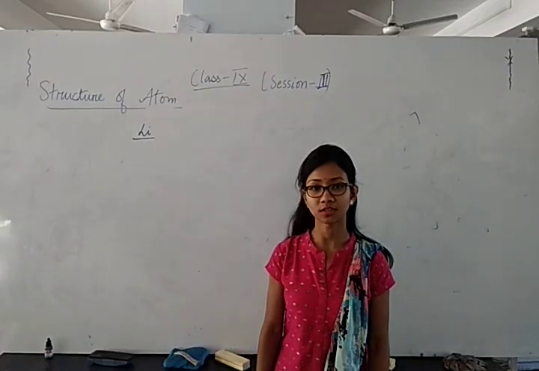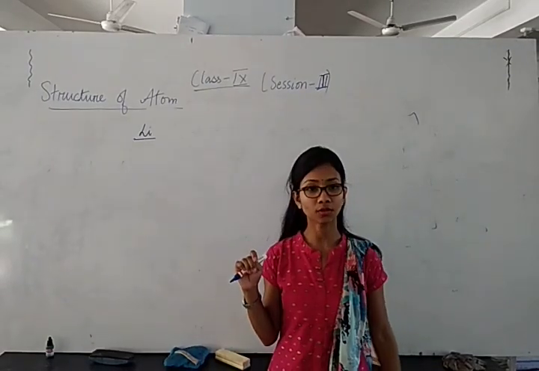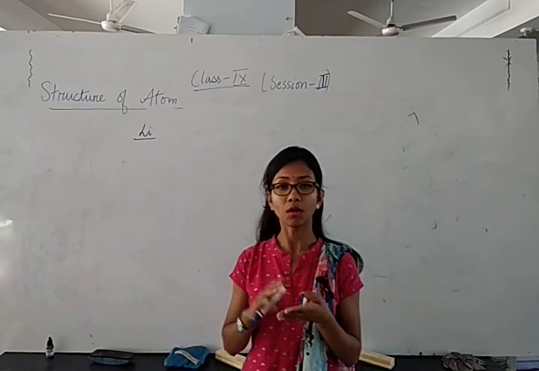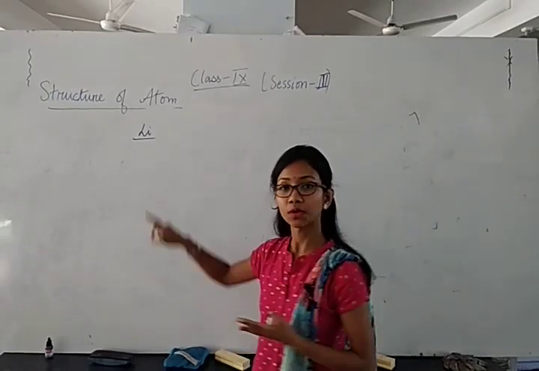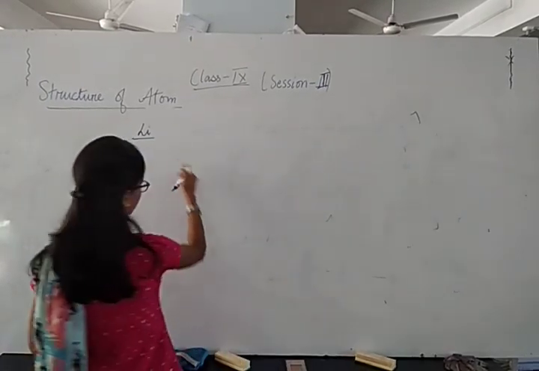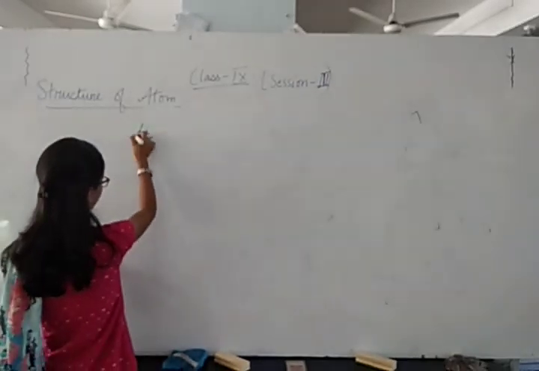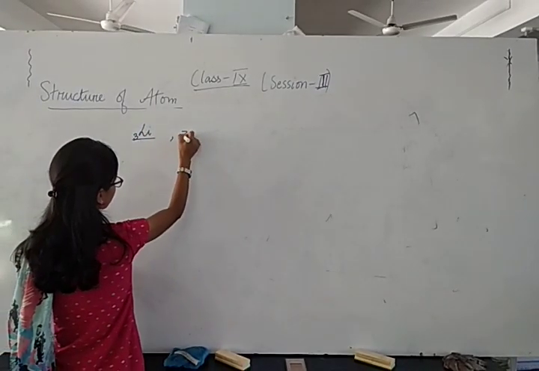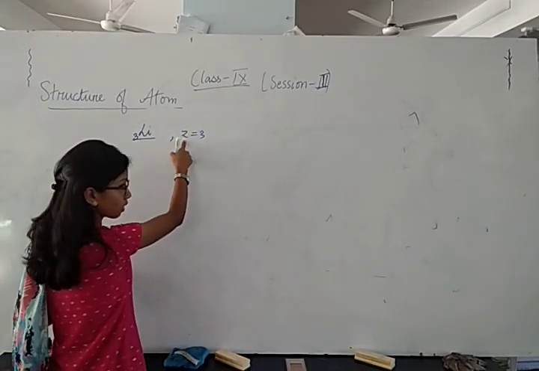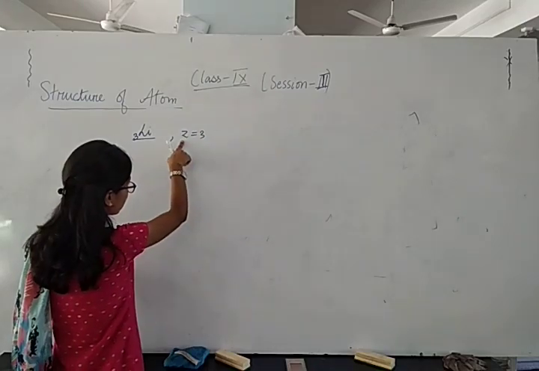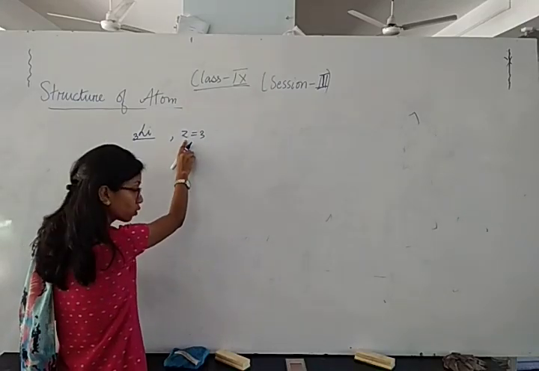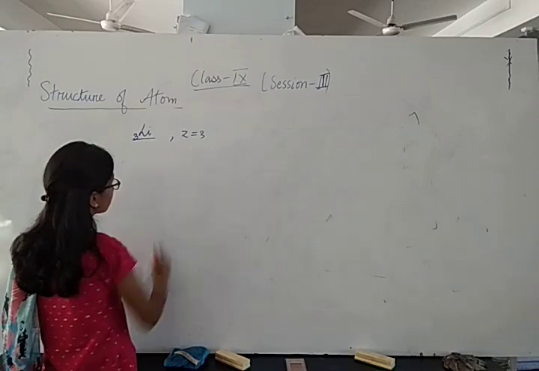In the last session, I went through the model of the atom of hydrogen and helium. Now I will go through the model of lithium. The atomic number of lithium is 3. Z is equal to 3. I will explain it to you in the later part. Z is known as the atomic number. Okay, now you see there are 3.